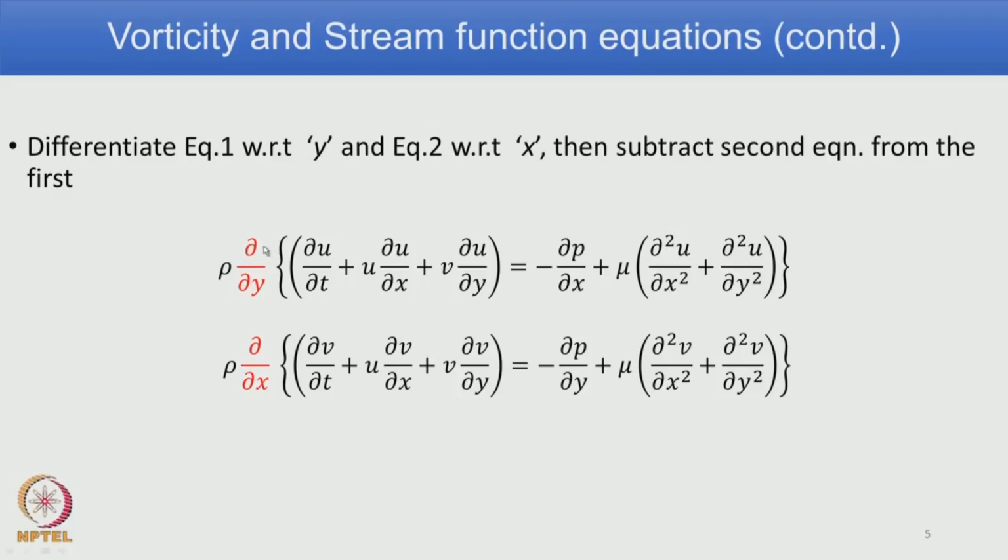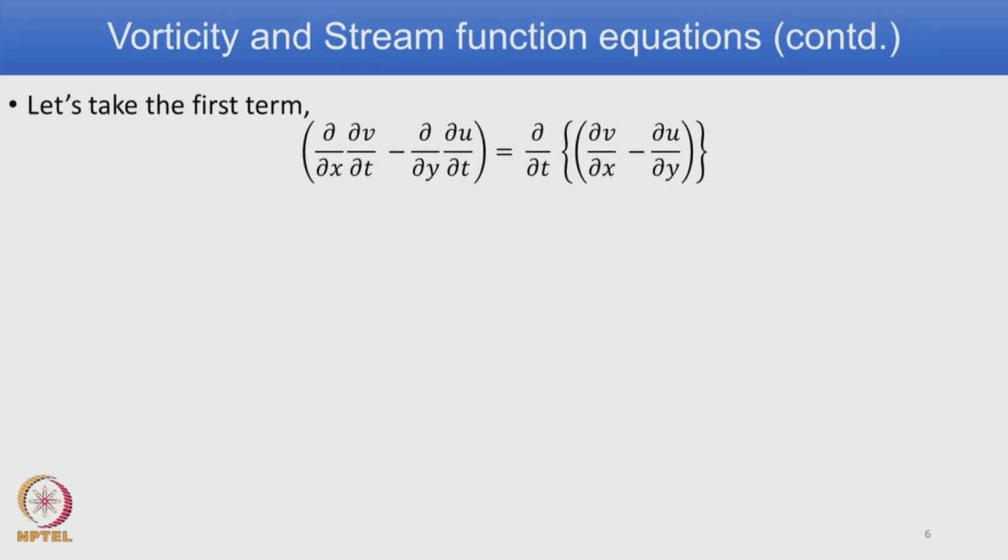So that is written here as dou by dou y of the entire x momentum equation and dou by dou x of the entire y momentum equation. Now this operator dou by dou y needs to be operated upon each term in this equation. Similarly for the other equation. So what we do, we will take the first term, explain how to do it, also for the second term, then the procedure is repeated for the remaining terms. So we will take the first term,